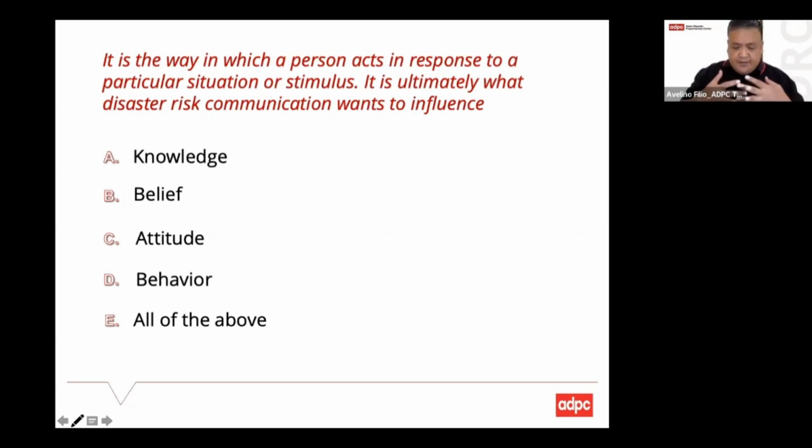So raising awareness is not the end. It's the means to an end. And the end must be change in behavior. Right? So in summary,